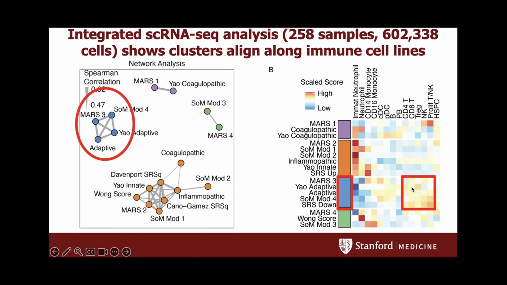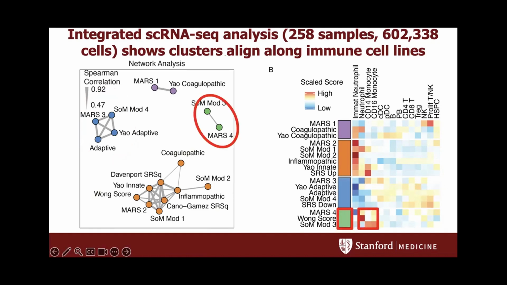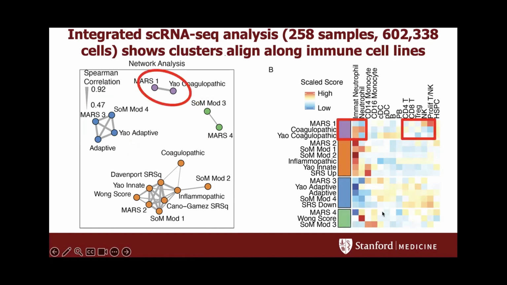And then the somewhat more surprising subgroup, so this protective green subgroup, which is expressed in the myeloid compartment. We usually think of neutrophils as these kind of dumb cells, but what this actually suggests is that there are protective subgroups of neutrophils and monocytes, which actually protect against severe illness. And then finally, this purple detrimental group. This has always been a bit of a puzzler for everyone. And you can kind of get a sense that it's a lower level activation of a mix of myeloid and lymphoid compartments. And we'll talk about how we use this information in just a little bit. So all in all, we essentially have a mix of protective and detrimental myeloid and lymphoid subgroups.